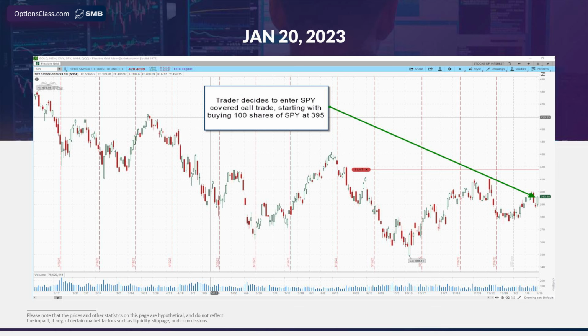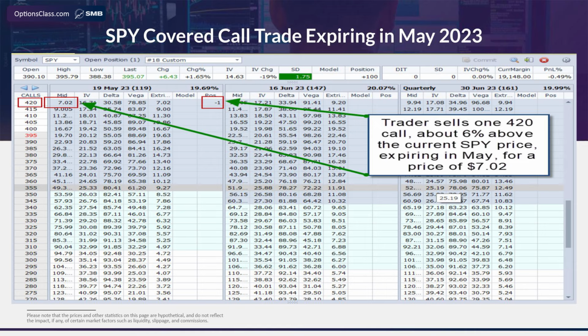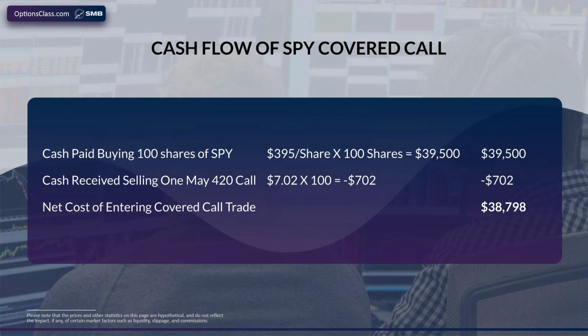And so let's say that on January 20 of this year, you decided to buy 100 shares of SPY for $3.95 a share, and then simultaneously sell one SPY call for a price of $7.02. Now, let's take a look at the cash flow of this trade. As you can see, the SPY shares cost $39.05 because we had to buy 100 of them to have enough shares to cover our obligation to sell those shares at $4.20 if the market gets there by the time the options expire. And remember, we receive $702 for entering into that covered call because its price was $7.02, and these represent the right to buy 100 shares. So you multiply that by 100 to arrive at a final cash inflow of $702 for the calls, resulting in a net cost for the covered call trade of